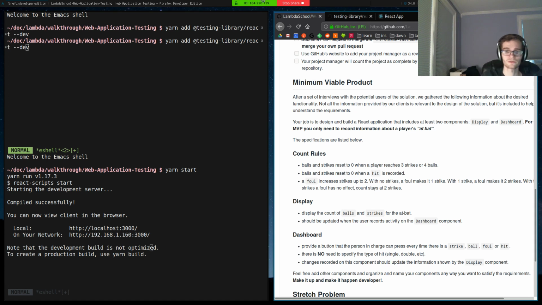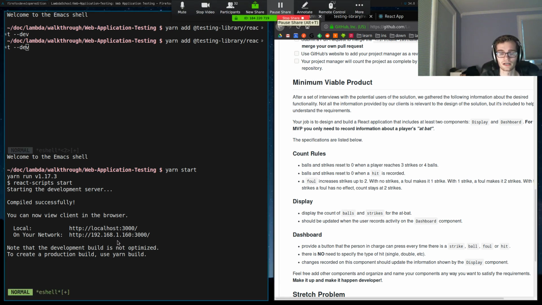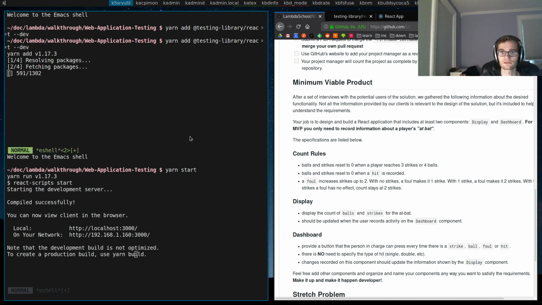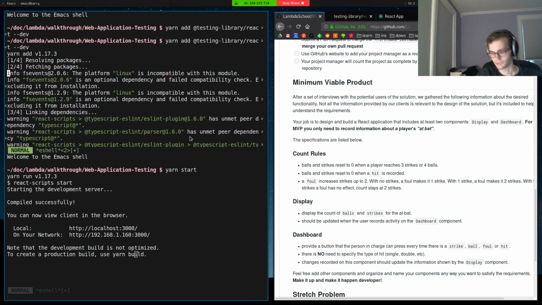So the first step, I already have my React server running. I need to add the React testing library as a development dependency, which is going to look a little bit different if you're on NPM, but I'm just adding the @testing-library/react as a development dependency. And while that's installing, I am going to fire up my painting program, and we're going to talk a little